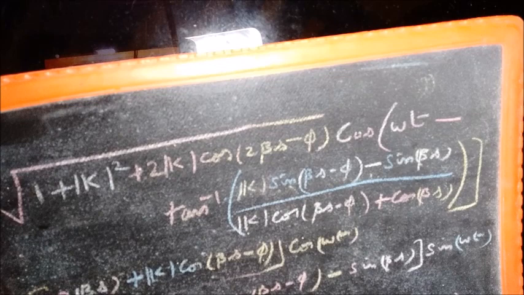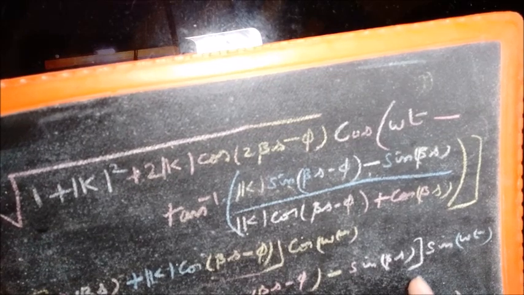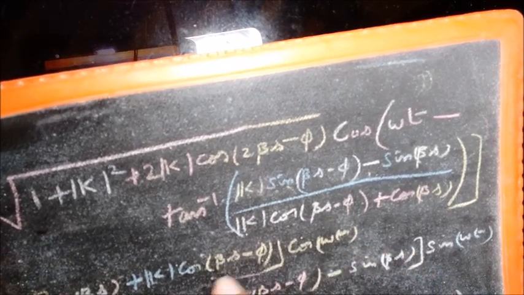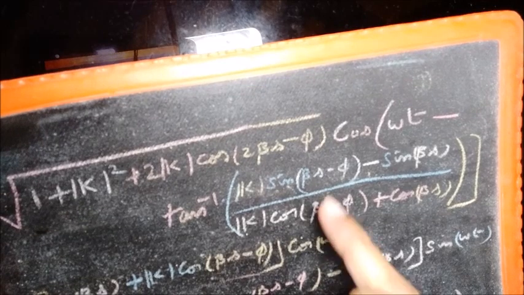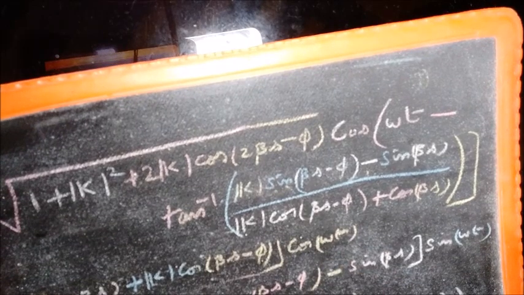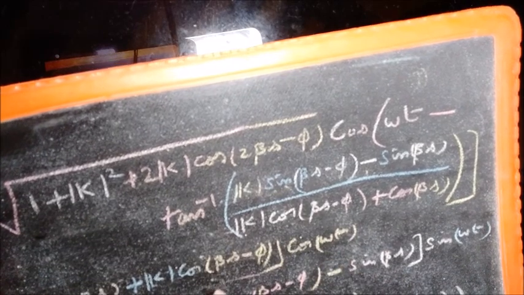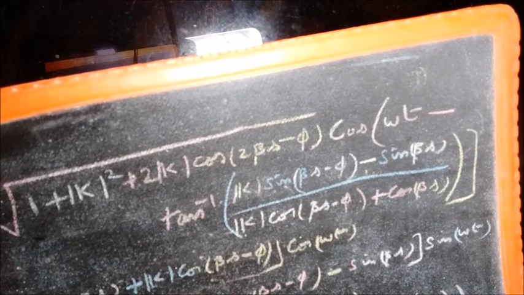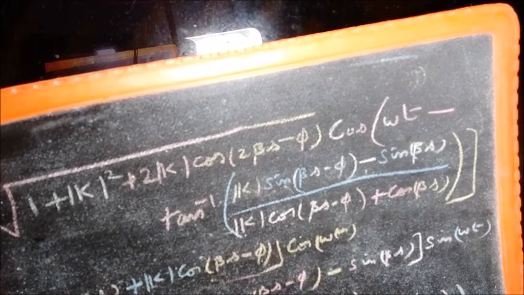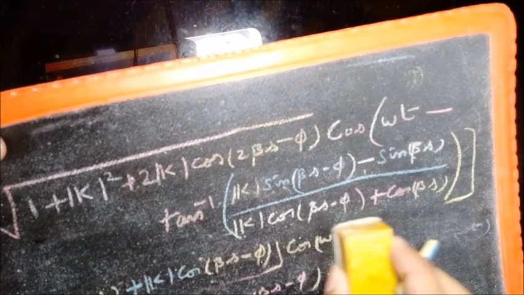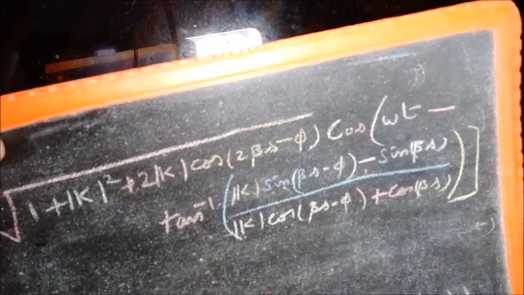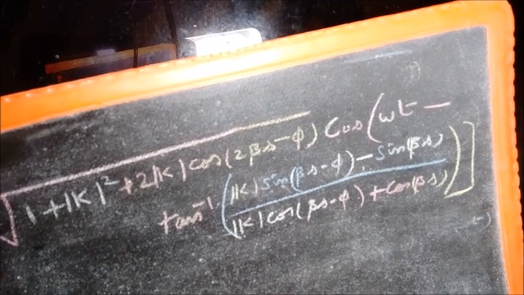You can check that again. This is playing the role of b, this is playing the role of a, so tan inverse b by a. Of course, an inconsequential shifting of the terms here has happened, it doesn't matter. So this is what our voltage waveform will actually look like on the transmission line.